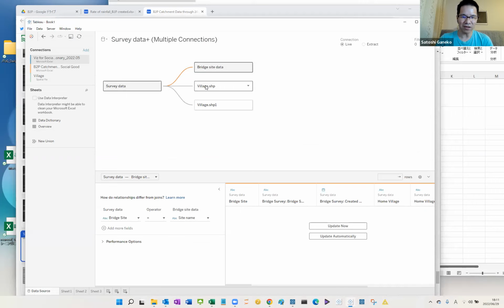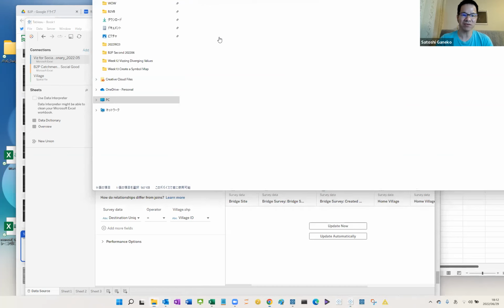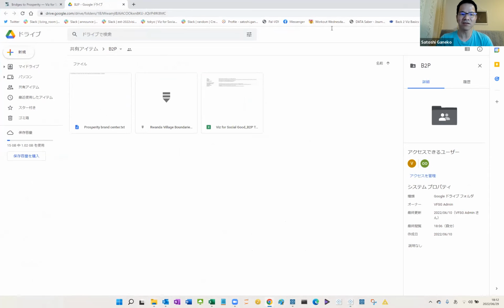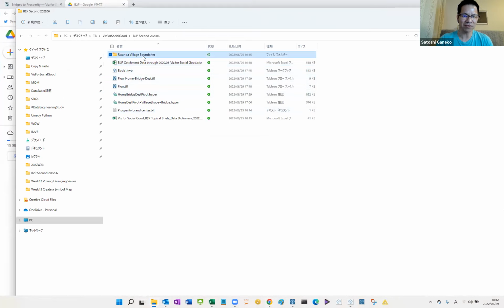Two more are relationships with shapefiles. If you download the shapefile from this Google Drive of this project, you will have one folder of shapefiles.